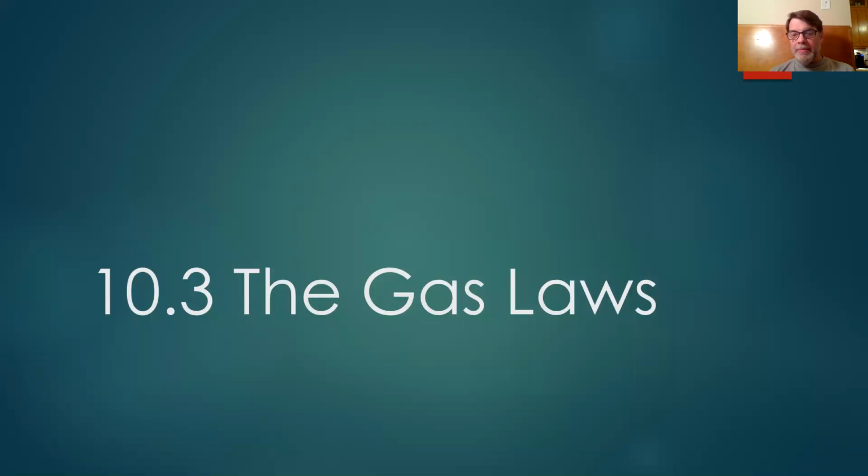So we're leading up, I'm using Chemistry, the Central Science by Brown, LeMay, Bursten, and Murphy. But of course, any chemistry textbook will deal with the gas laws. We're building up to the next video, which is on the ideal gas law, PV equals nRT. But in this video, we deal with some of the partial gas laws that led up to that, which is fun if you like the history of science, because we dig back into some of the earliest movements